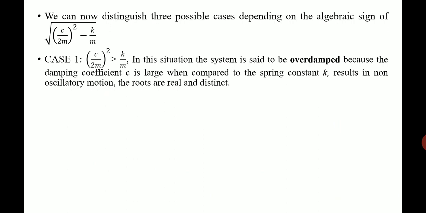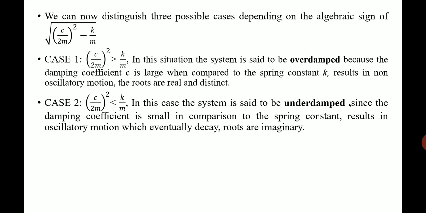So the damping is actually greater than the stiffness component, therefore there will be more damping and it is called an overdamped system. Since the value is positive, there are real and distinct roots. The result of this condition will be non-oscillatory motion, because since there is overdamping there won't be any continuous oscillations. The motion will be arrested before that. So that is the first case.